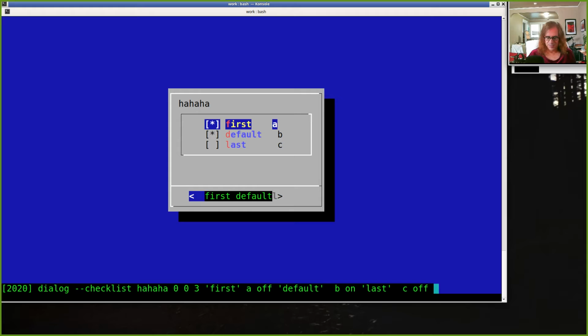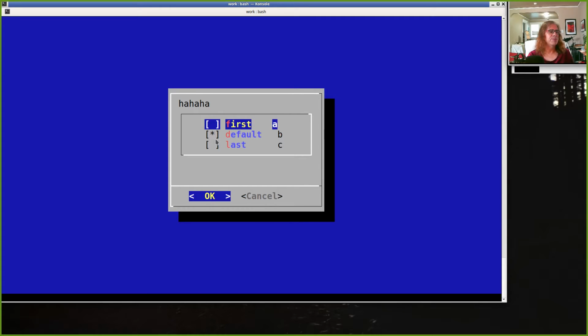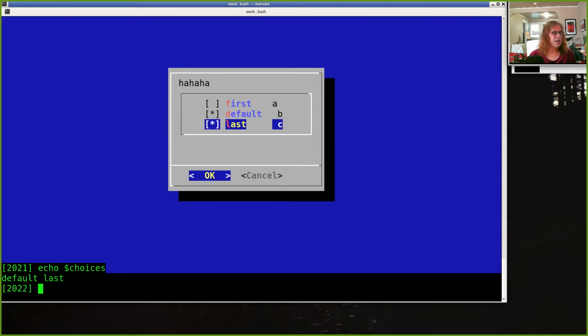So if you do something like variable equals back quote the whole checklist command, right, with the output FD at the end, then you can go through and you can make your selections. And then if you look at that variable, it will have a space-separated list of each of the things that you selected. And if you wanted to break through those one at a time, you can do that with awk. You can also do a for loop on variables like this, which